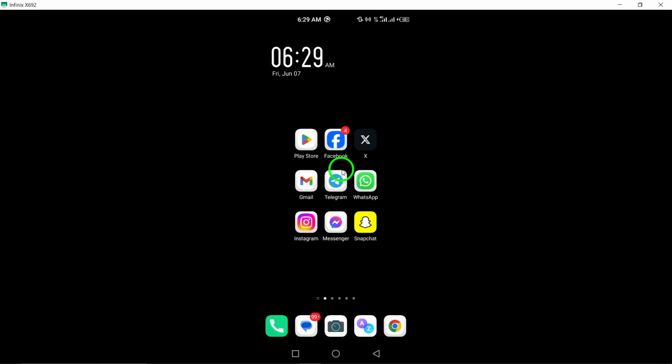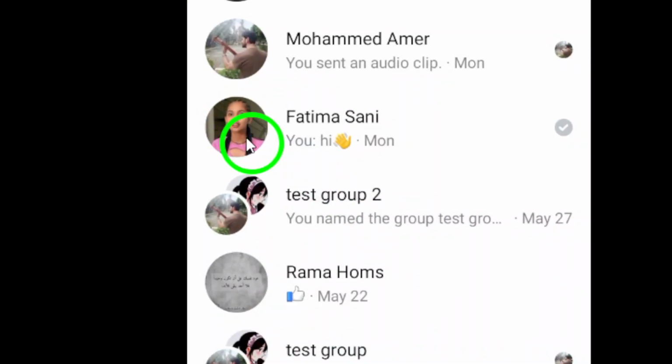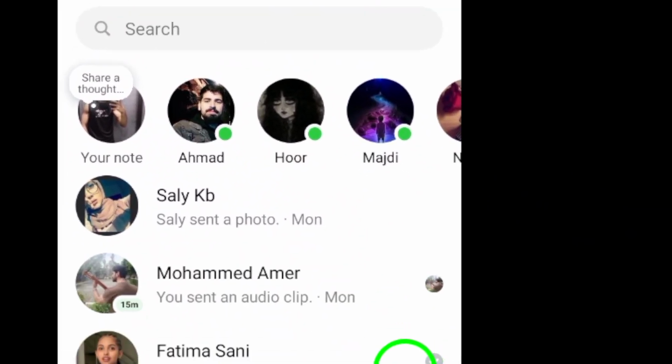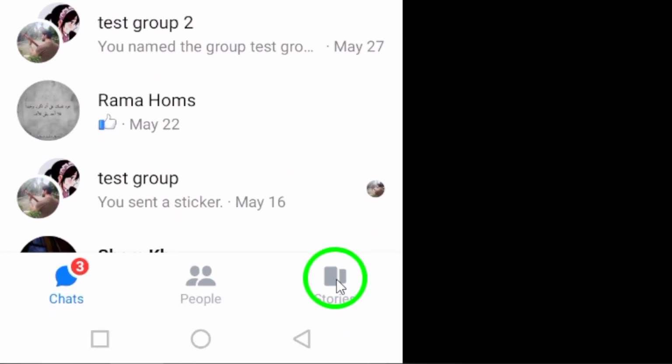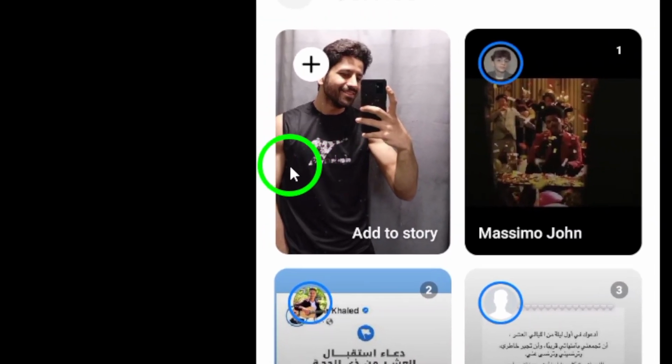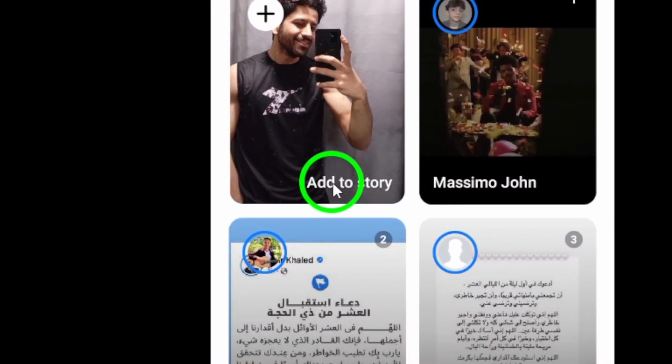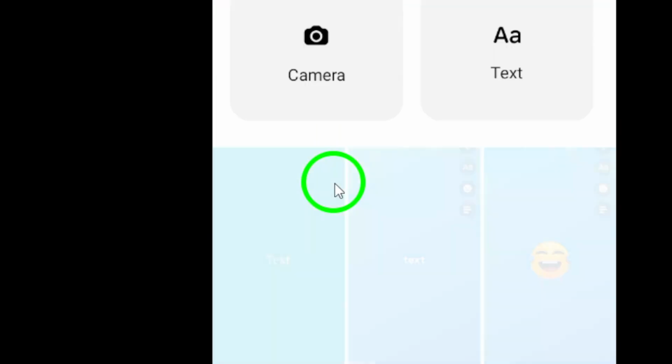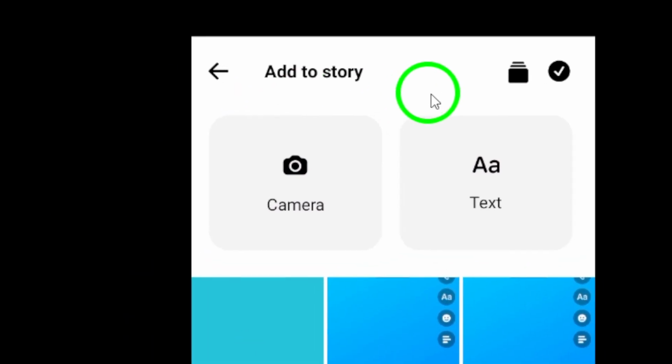1. Start by opening Messenger on your device to access your conversations and stories. 2. Tap the Stories tab located at the bottom right corner of the screen to initiate the process of creating your status. 3. Select Add to Story to begin composing your status update, which will bring up the editing tools